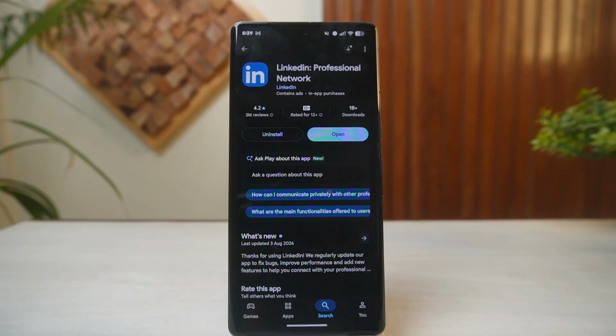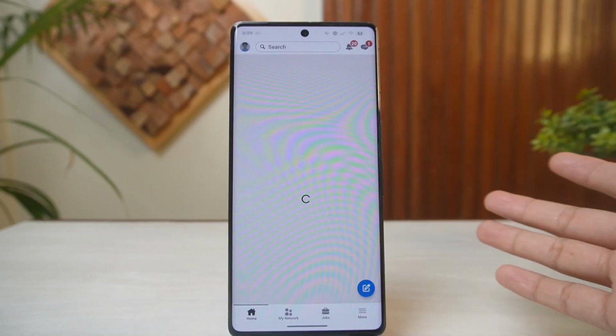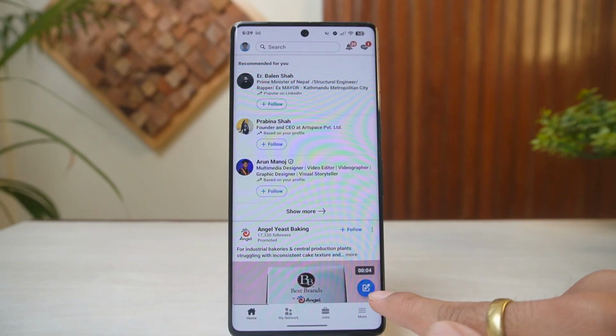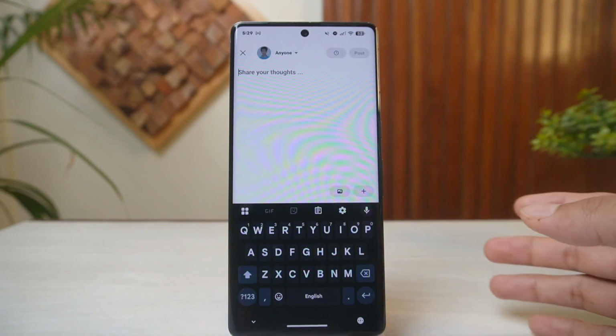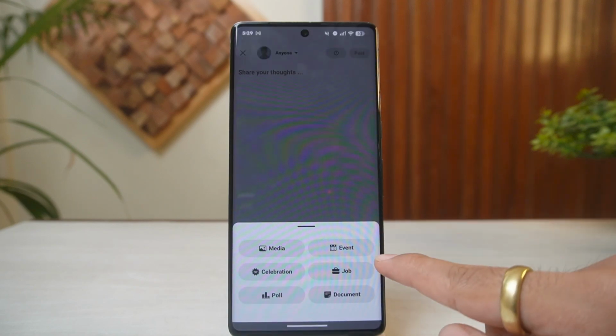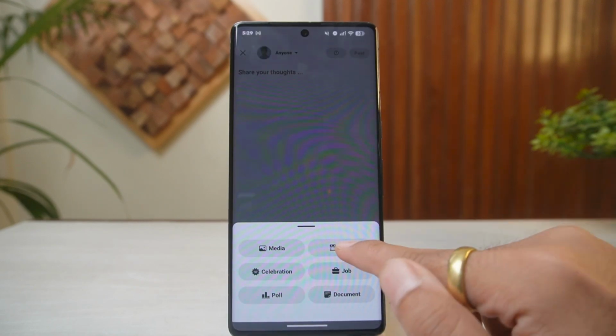To use the LinkedIn Events feature, first things first, you simply have to go ahead and launch the LinkedIn application onto your device. Then tap on this pencil-like icon on the bottom right corner. Once you tap on this, you simply have to now tap on the plus icon and then tap on this